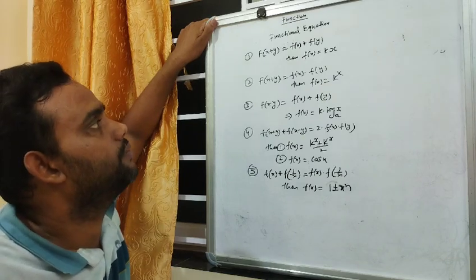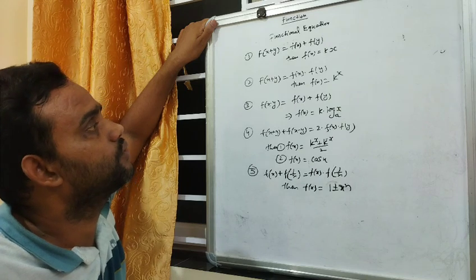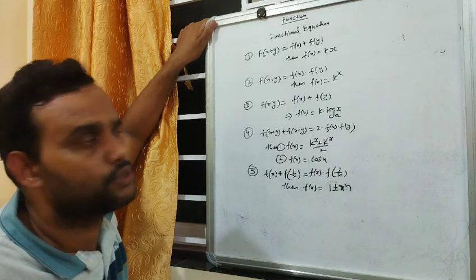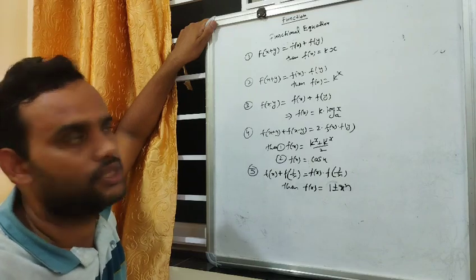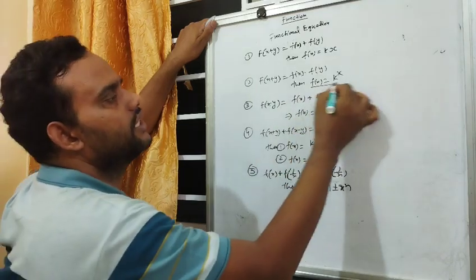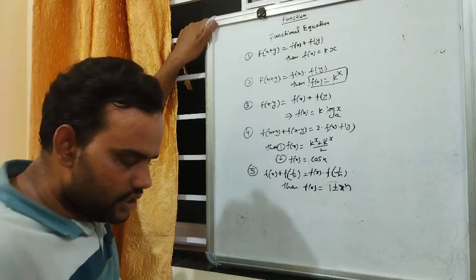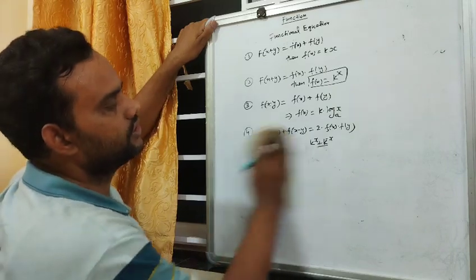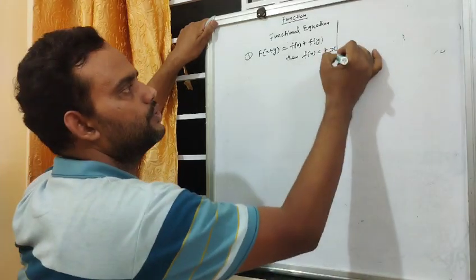First is f of x plus y equals f of x plus f of y. If you come to a question like this, we can consider f of x equals kx. And f of x plus y equals f of x into f of y, then we consider f of x equals k power x. Similarly, we take one JEE Mains question related to this. So we write here the question. Question is like this: